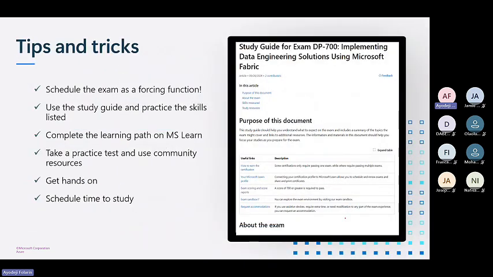So the tips and tricks: schedule the exam as a forcing function, use the study guide and practice the skills listed, complete the learning part on Microsoft Learn, take a practice test and use community resources, get hands-on, and schedule time to study. If you give it 3 hours every day, if you make up your mind